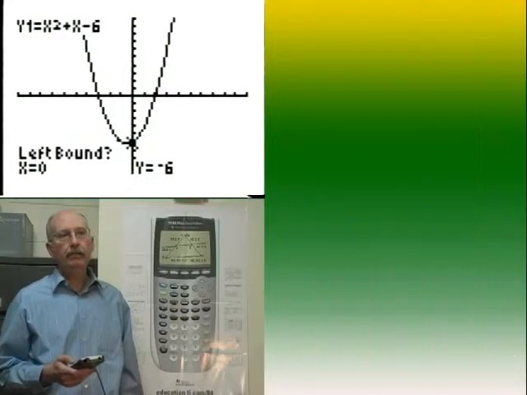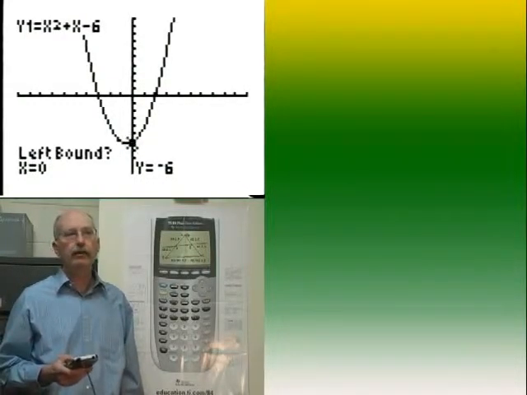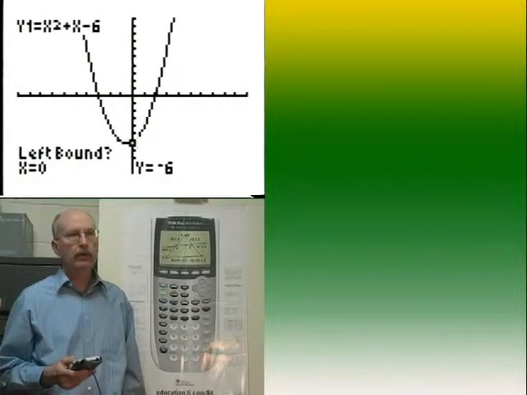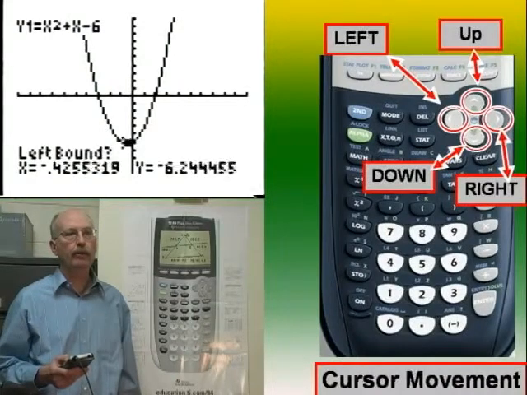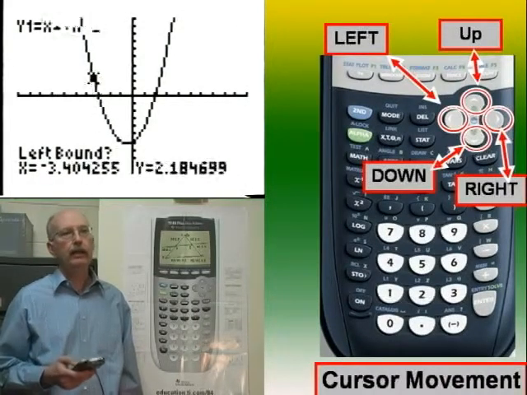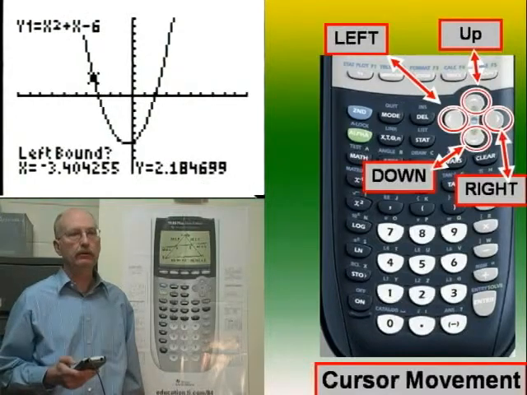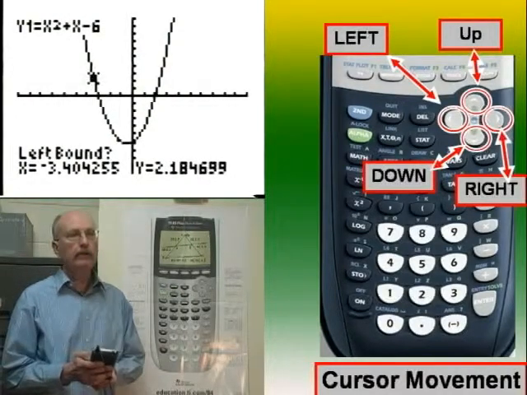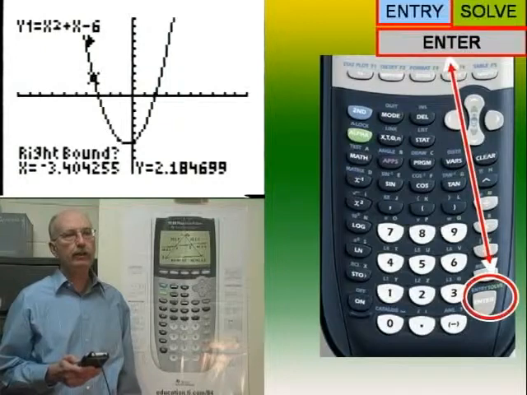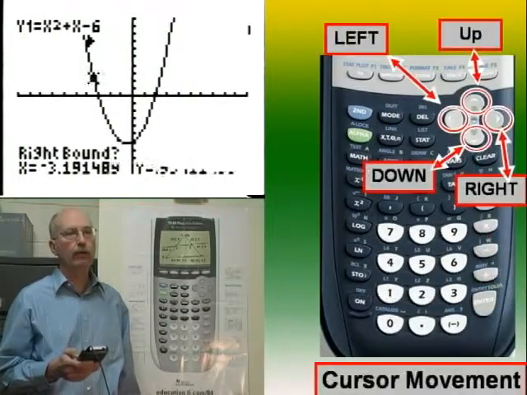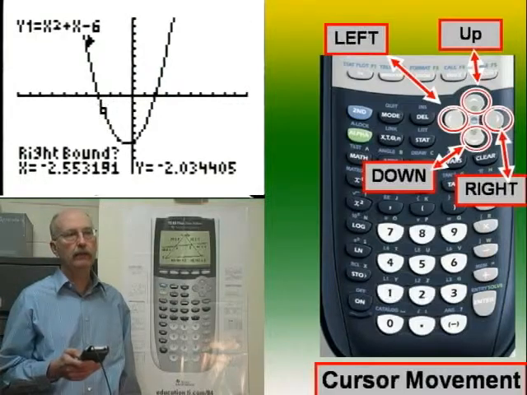Left bound. That means, are we on the left side of the zero that we want to calculate? Well, let's look at that zero over on the left side. So we're going to hit the scroll left button, and we're going to continue to scroll left until we're on the left side of the zero. And then we hit enter, and now we're asked a question, are we on the right side of the zero? And the answer is no, so we're going to scroll to the right using the right scroll button and hit